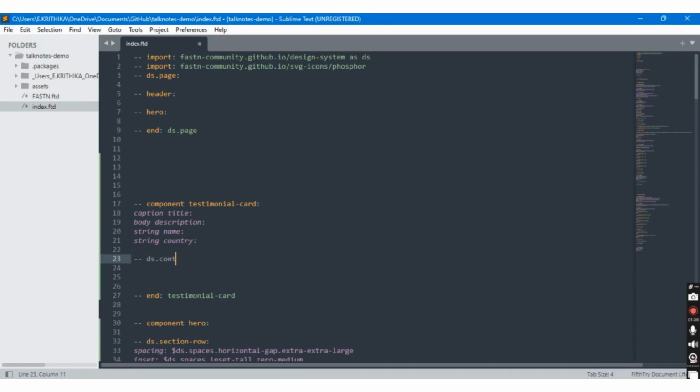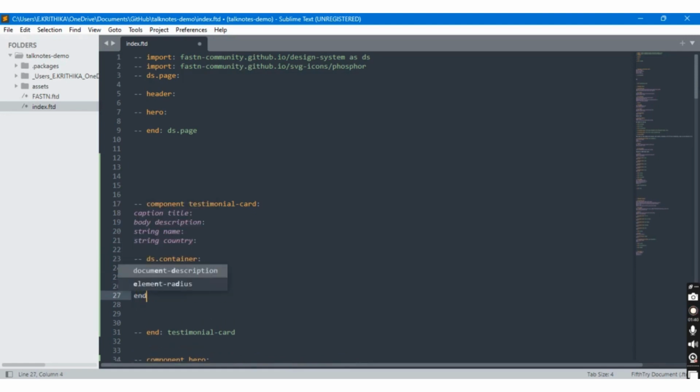So use ds.container and add the attributes such as insert $ds.spaces.insert.square.medium,